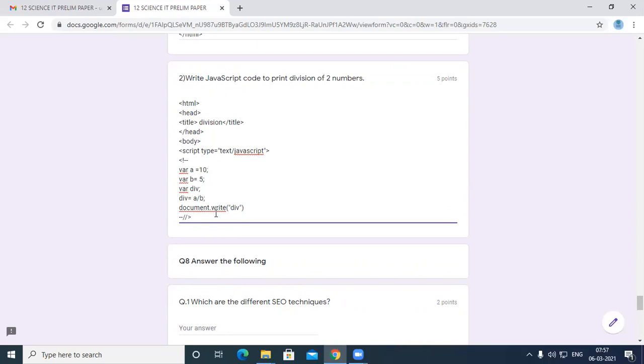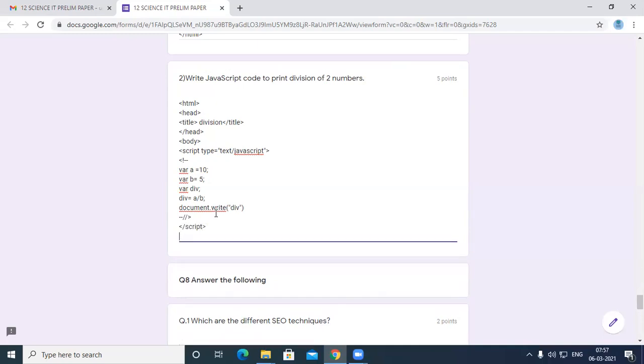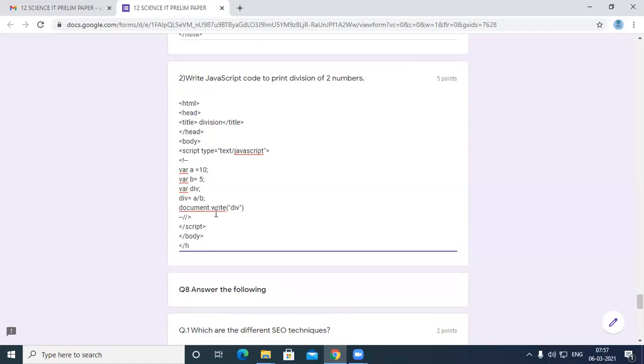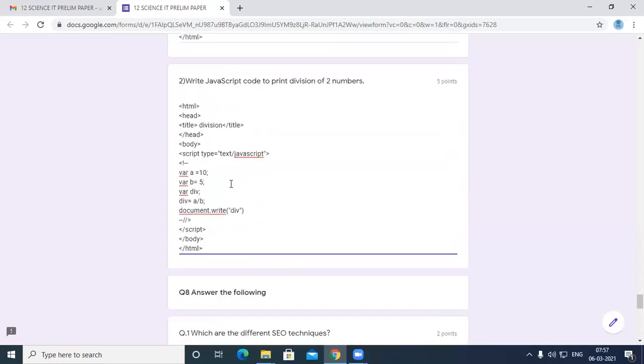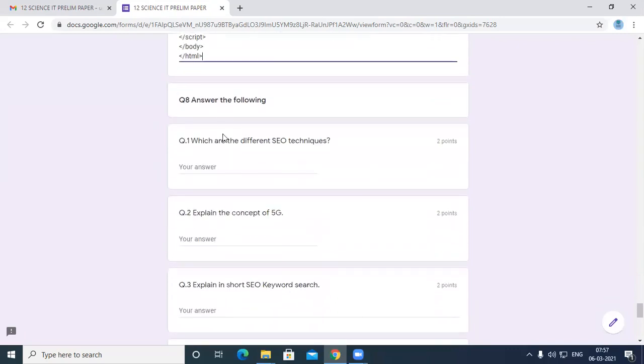Then close, and then you close your script, then close your body, and then close your HTML. This is how you will be writing the coding for science. Similarly for commerce students, the same programming will be there. Don't worry about this.